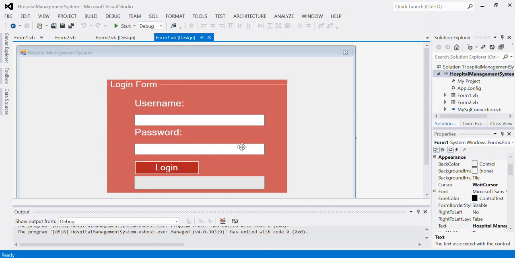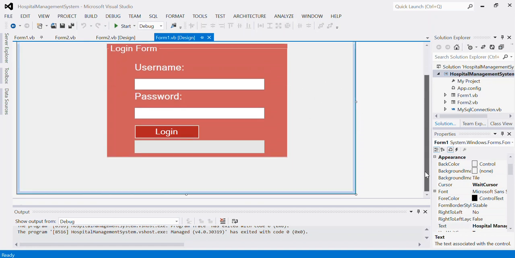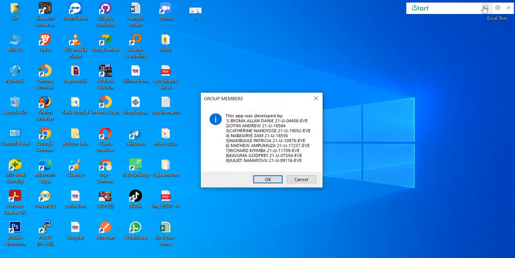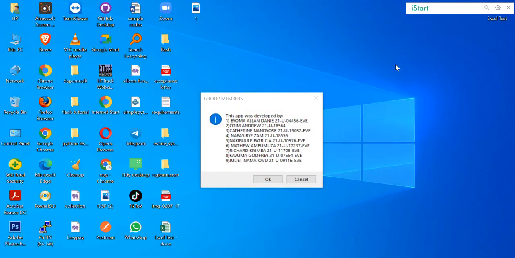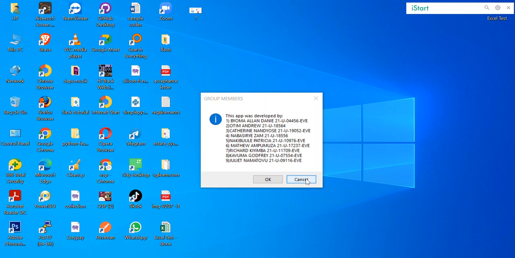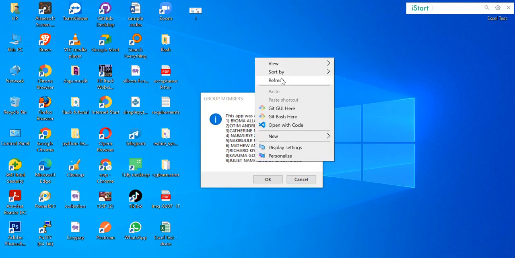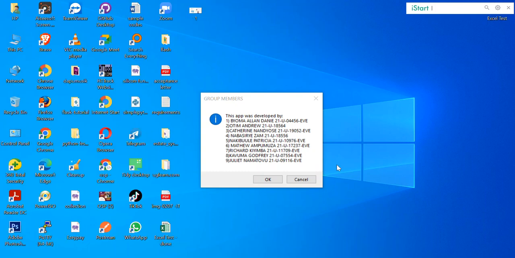So this is the login of the application, before logging in to the system. Good afternoon. So this is what the system does. When you click here, I'm going to check through all that. So this is what pops up as the first page, because it prompts the users first,